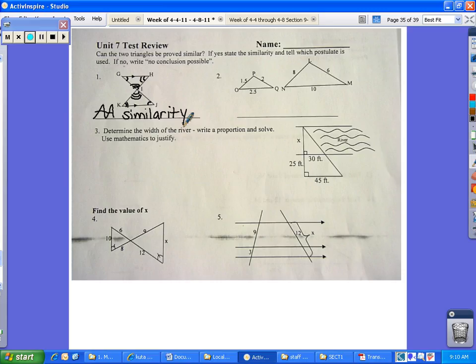And number 2, you might think, well, 1.5 to 8 and 2 to 6 and 2.5 to 10, those numbers are not in proportion. However, 2 to 8 is in proportion because that ratio is 1/4. 1.5 to 6 is the same as 1/4. And 2.5 to 10 is also 1/4. So therefore, since they all have the same ratio, these are in proportion by side, side, side, and therefore the